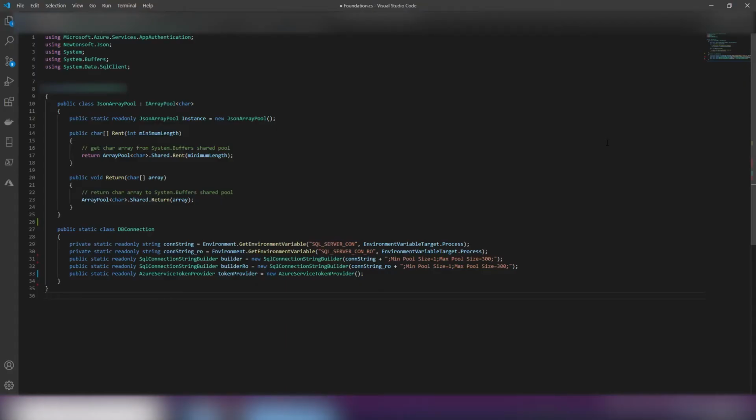So here we are in Visual Studio Code. It's a C# application. It's actually housed in a function app in Azure. It backends to an Azure SQL database. And what I'm going to show you today is how to use Active Directory to authenticate this application to the